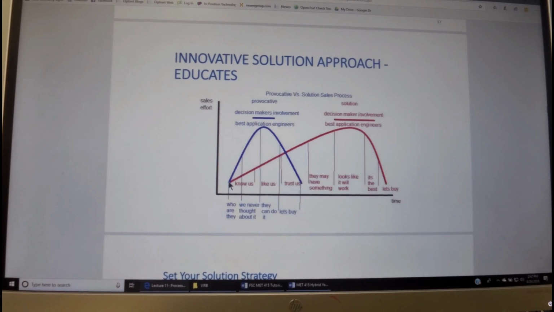And although we may be coming out of the blue and not be known, after we show a presentation which is innovative, in order to differentiate ourselves from the rest of the competition, the customer may say to itself that we never thought about that proposal option, and then they have to convince themselves that this unique proposal is going to work, and we usually do this by validating it